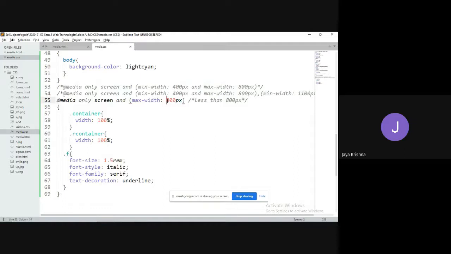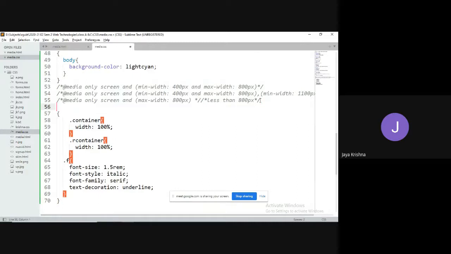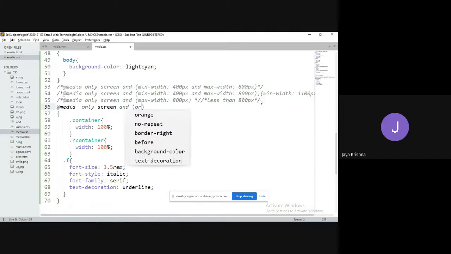Instead of defining with respect to the minimum and maximum width, meaning the size of the screen, I can define with respect to the mode of the device. For example, with media I'm going to define only screen, and the mode you need to define using a property called orientation.